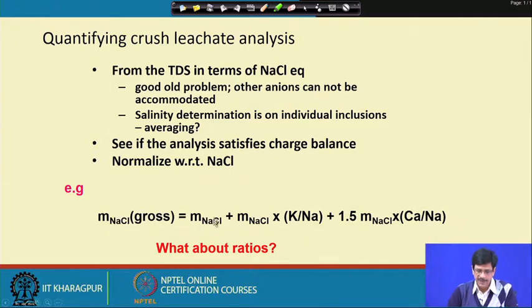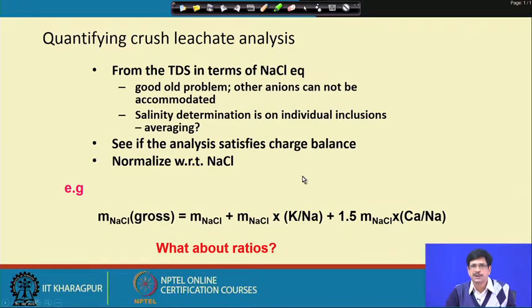So, this we have got from the freezing point depression, and the ratios we know, potassium by sodium and calcium by sodium or magnesium by sodium, or for that matter even if we have analyzed some iron. Then we can calculate what the actual NaCl present is and also the other species present, and do any kind of exercise that we want with this characteristics of the fluid, to understand alteration characteristics and their spatial variability and so on.